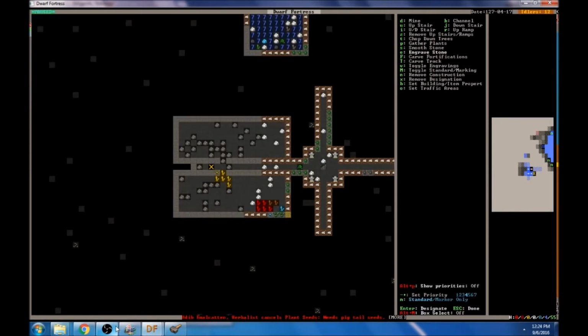Everything down here needs to be engraved again. Everything needs to be hauled out of here. And we've got the dwarves to do it. We just need to get them to work. So, yeah, let's get that engraving job started. There we go. We'll count the hallway as well. That should be...